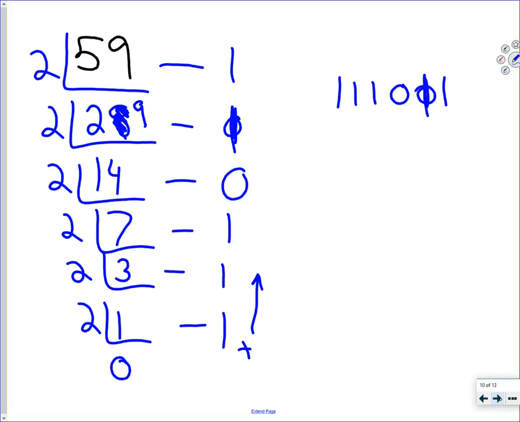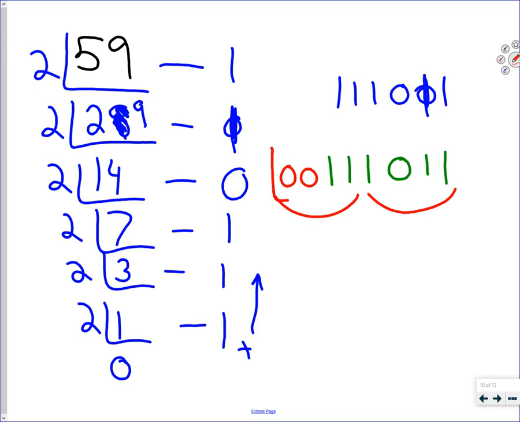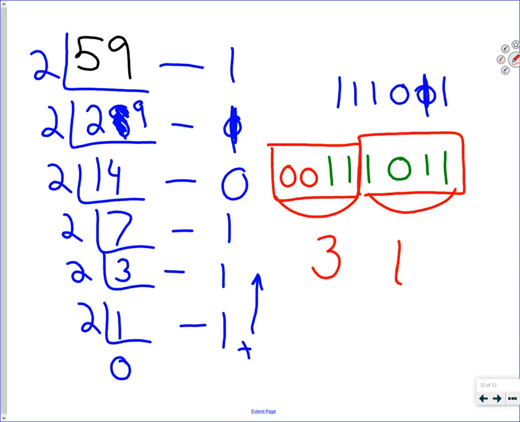Okay, but now we have this binary number. Let me rewrite it. 1, 1, 1, 0, 1, 1. And we're going to go to hex. Okay, so the way to go to hex is group off 4 digits. Group off 4 digits. If I don't have 4 digits, what do I do? I pad it with zeros. Okay, so I have this 4 digits and this 4 digits, and I need to look them up on my chart. Now, I don't have the chart here, but I can tell you what they are. 3B,